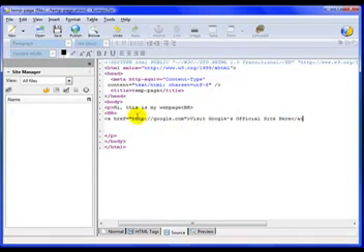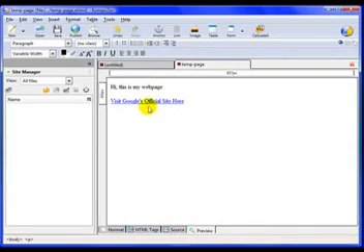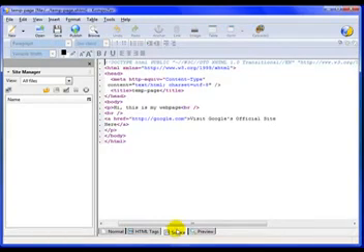Okay, so now let's see what that looks like by going down here and hitting preview. Okay, look at that. This is clickable, and if I click on that, I am taken to Google's website. So pretty cool, pretty easy, huh? So that is basically how you make a link,